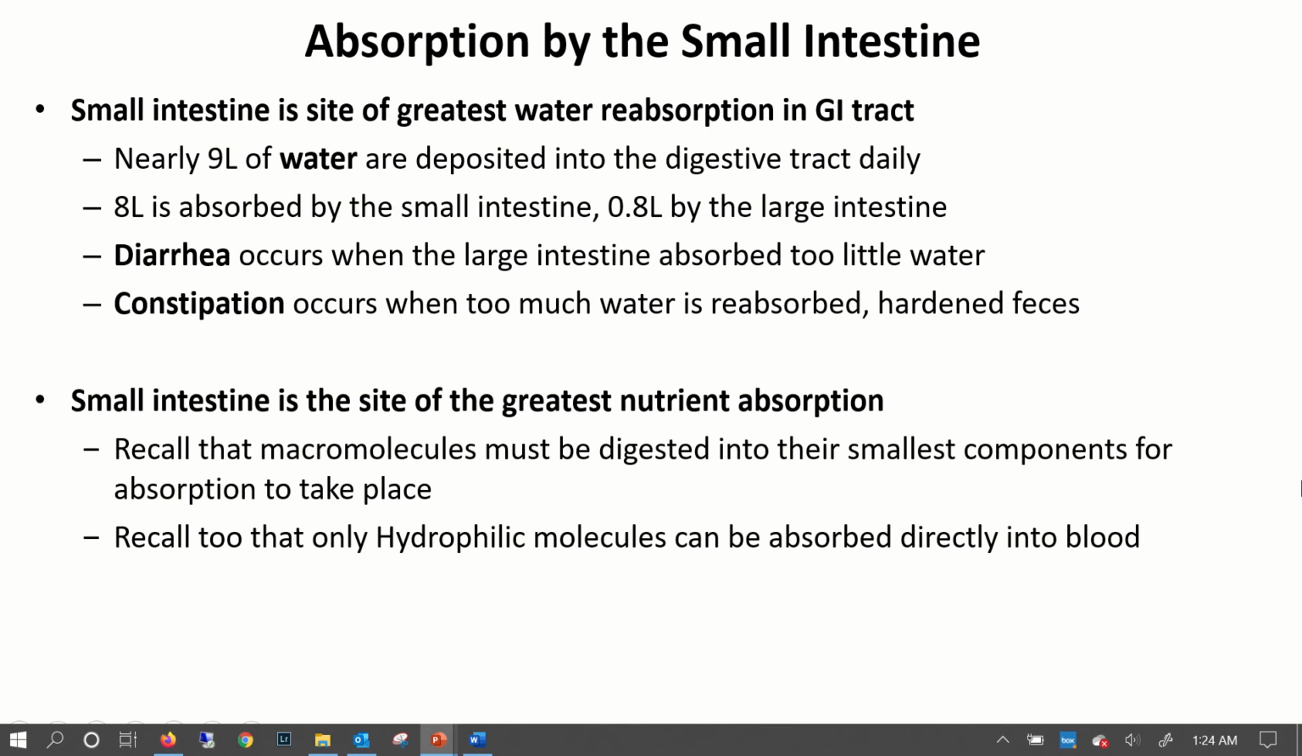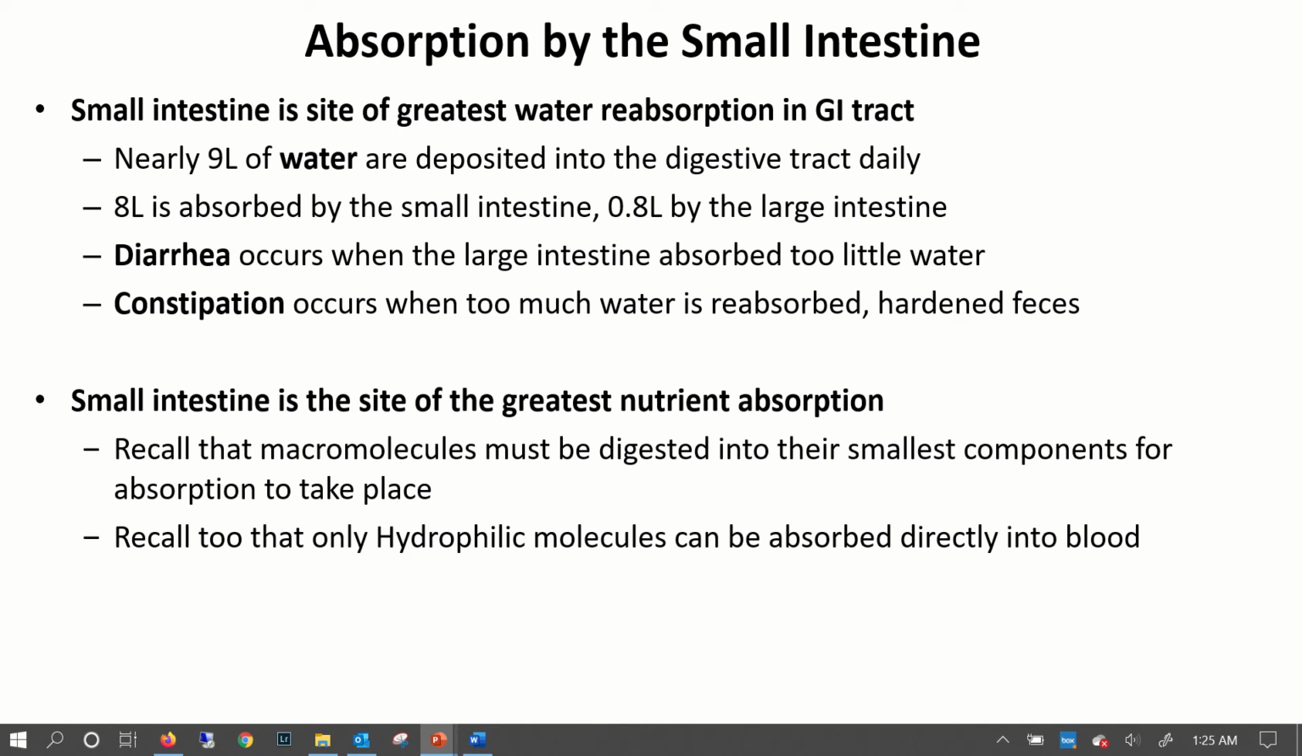And so, assuming that digestion is completed and all of these molecules are small enough to be absorbed, it's a new word, absorbed, you're going to see majority of that absorption take place here in the small intestine. So it's not just the nutrients that are being reabsorbed, though. You want to see here that the small intestine is actually the site of the greatest water reabsorption in the GI tract. So you haven't really noticed it, but nearly 9 liters of water are deposited into the digestive tract